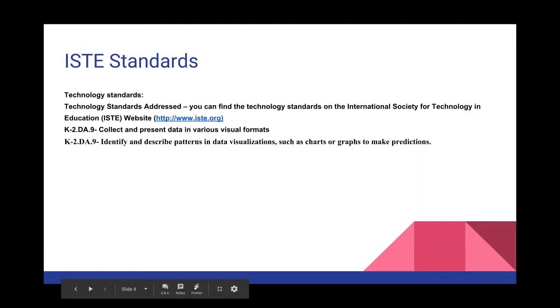The technology standards touched in this unit cover collecting and presenting data in various visual formats, as well as identifying and describing patterns within those data visualizations and creating charts and graphs to make predictions from. We did this quite a bit throughout our unit with our apples and pumpkins in graphing who liked which apple best, what was the best thing we could make from an apple, what was the best thing we could make from a pumpkin,